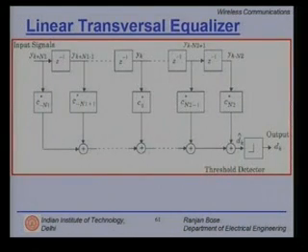Let us take another look at the linear transversal equalizer or LTE. Again, we have an input signal Y coming in here, right, and then there are a certain number of tap points multiplied with the complex weights, add them up, and this is the decision maker, which is a thresholding device, and the output is the D hat. This is a simple structure of the linear transversal equalizer.